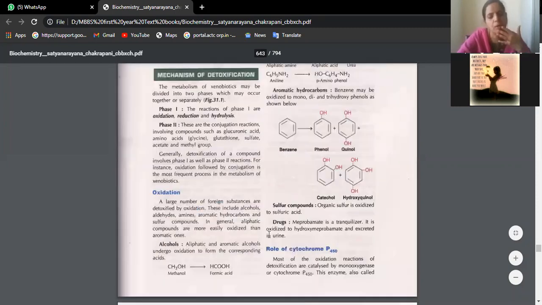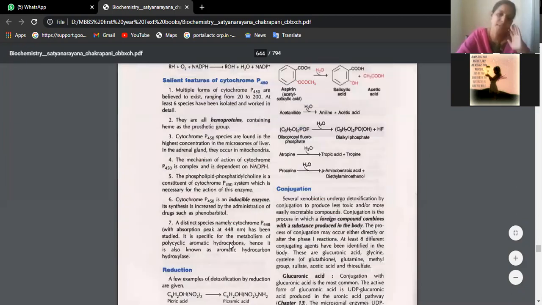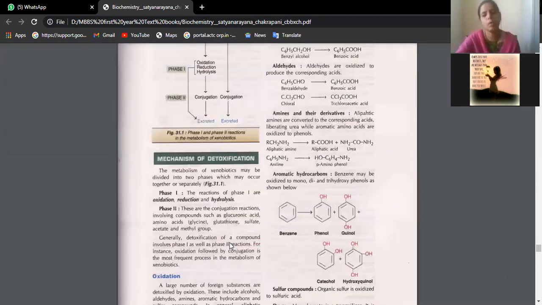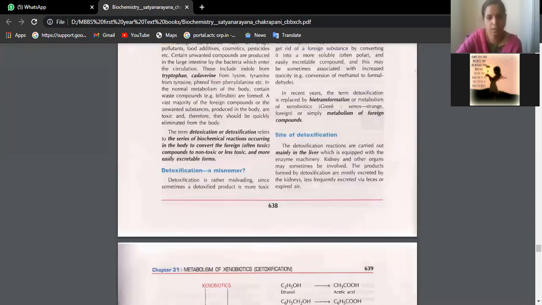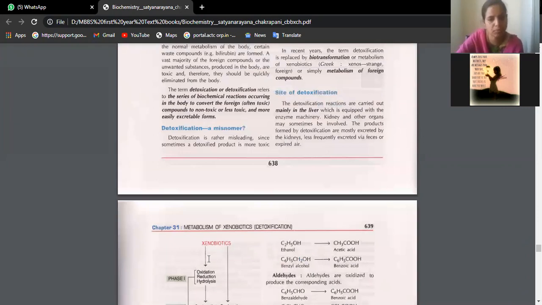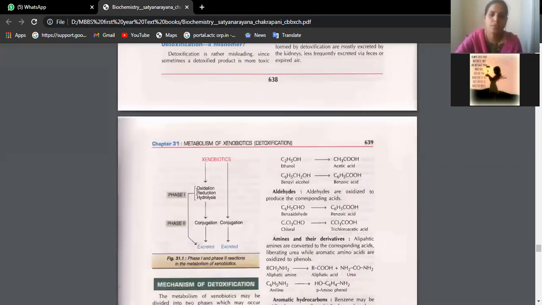Now look at the screen. Basically, whatever metabolic end products are released in our body are toxic in nature, and they are detoxified by the liver by the process of conjugation. We have two different types of reactions, phase 1 and phase 2. In phase 1 it can be oxidation, reduction or hydrolysis. In phase 2 we have conjugation. Whatever is detoxified is excreted, the kidney is excreting, and the detoxification process is undertaken by the liver.